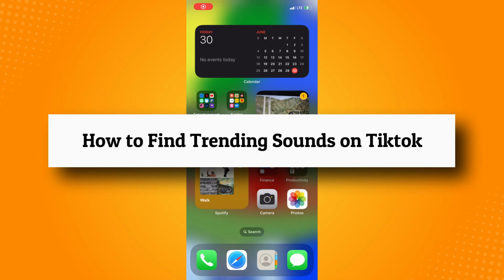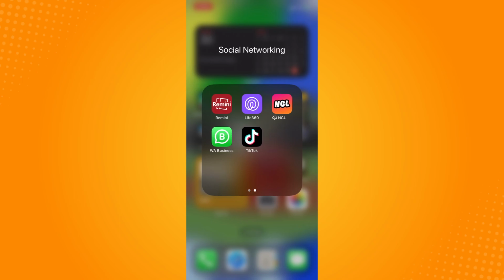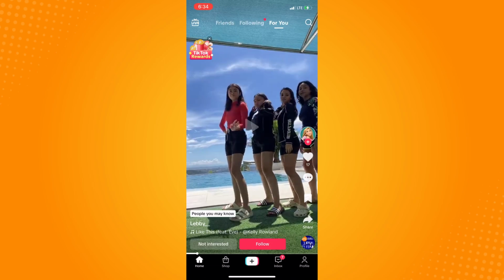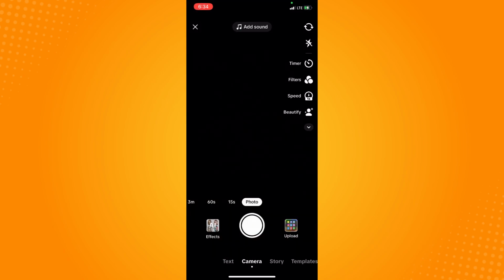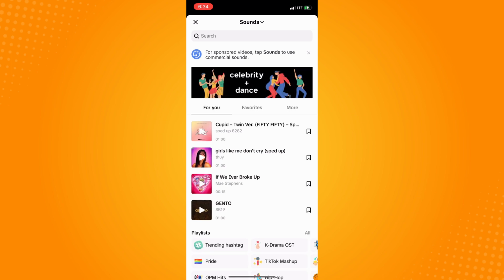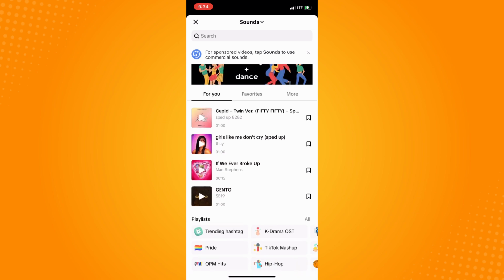How to find trending sounds on TikTok. So all you have to do is go directly to your TikTok application and it will lead you to your homepage, right? On the bottom part, you will see a plus icon there. Tap on that and tap on add sound here. Now, if you click on that add sound here, actually you will see your For You, your favorites and